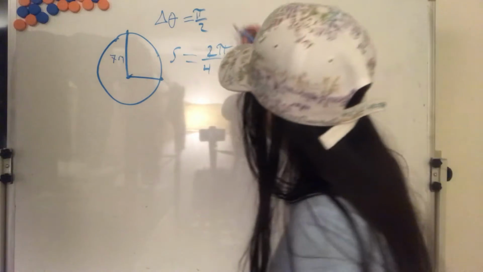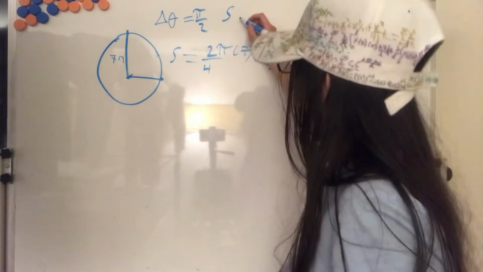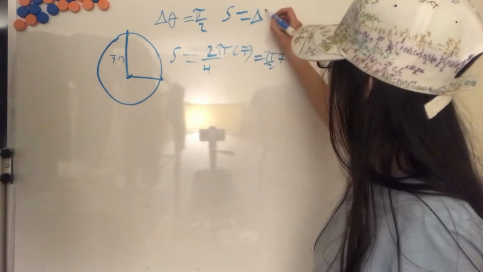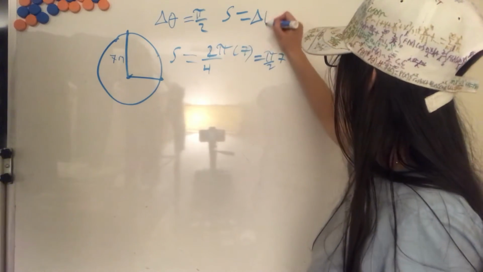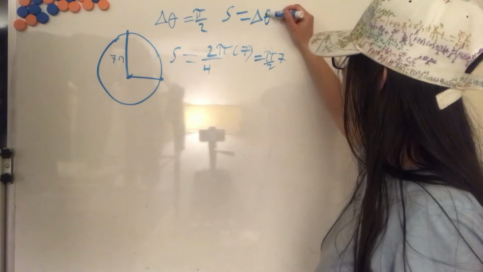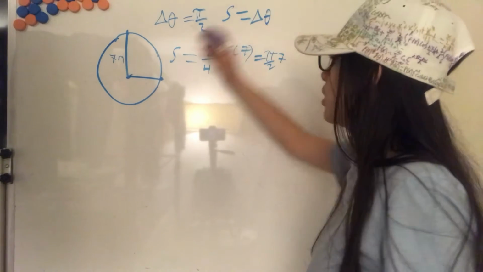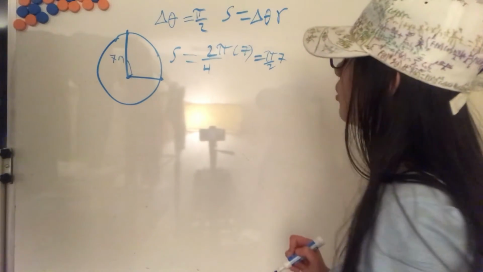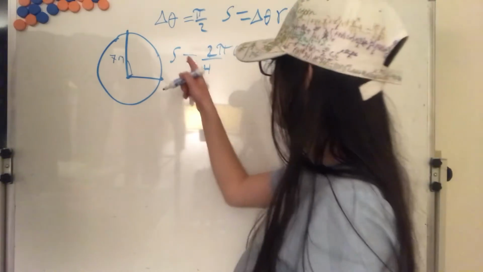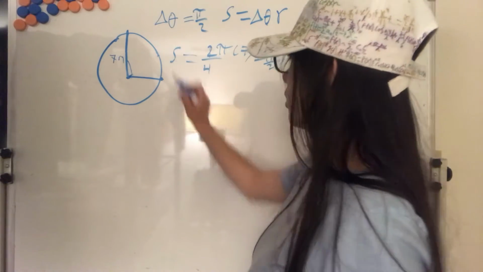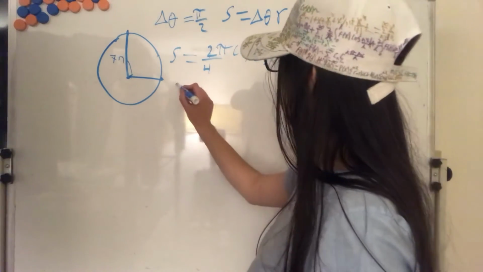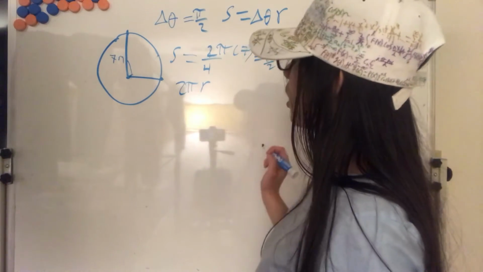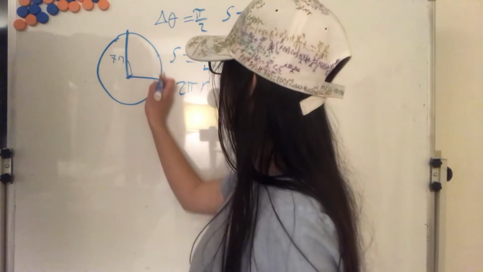And we will see the displacement, the regular displacement, is always the change of the angular displacement times r. That is because when we wanted to find this displacement, we did 2 pi r, and we will multiply this times this fraction